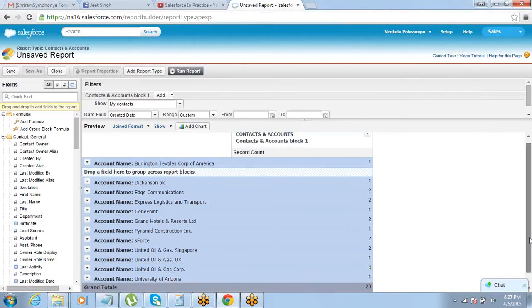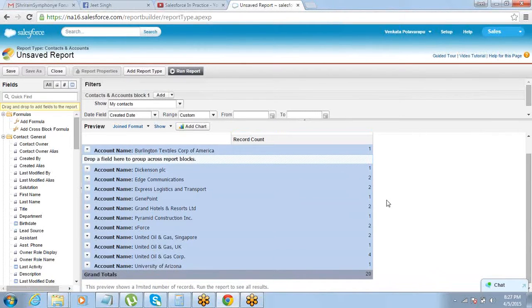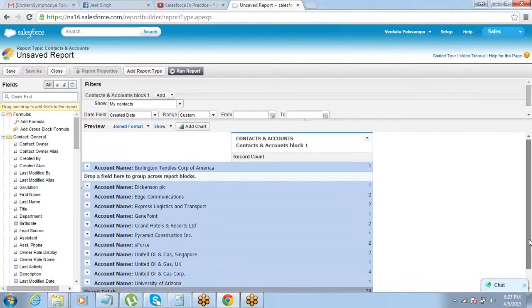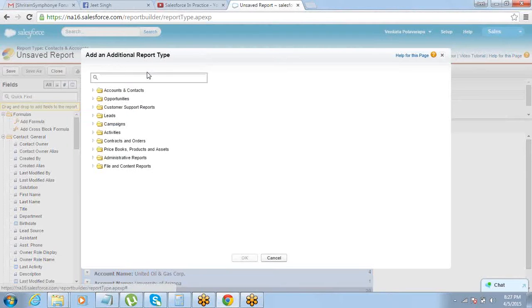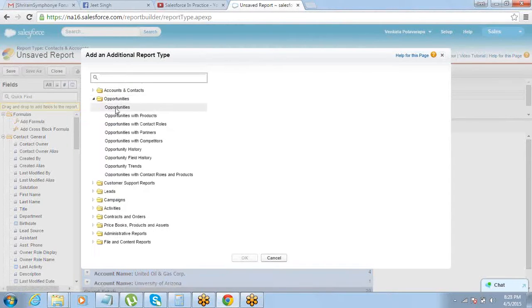The moment you select joint format, you will see that it has created a block. It calls it block 1, right? And this way you can create 5 blocks with different report types. So this is the first block with accounts and contacts. I can create more blocks here. You can just click on add report type, select a report type, let's say opportunities.